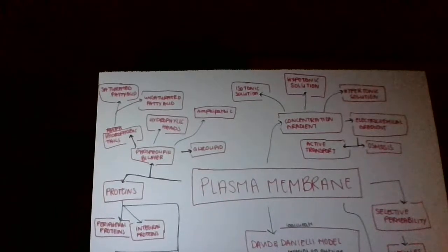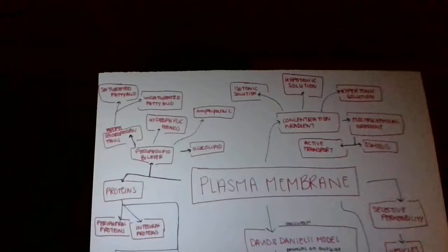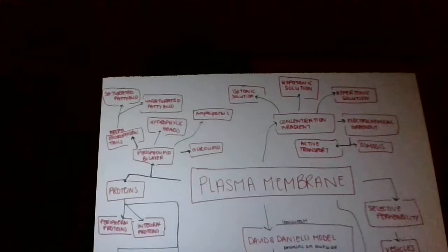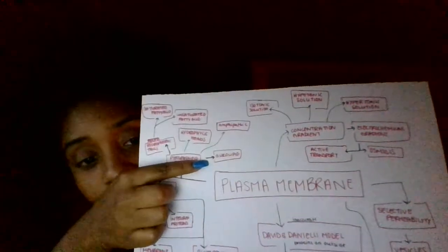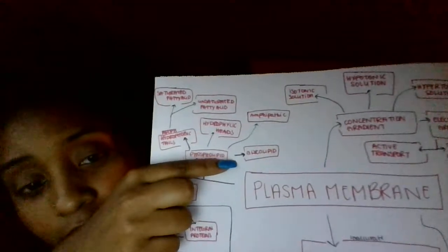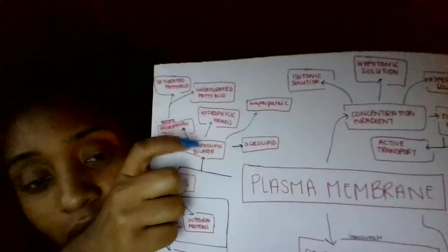Then if we go over here to the glycolipids, this is a lipid with a carbohydrate on it, right here. I'm sorry, I don't know if you can see them all over the place. But yeah, this is just a lipid with a carbohydrate on it, and it is part of the membrane. So then if we go back